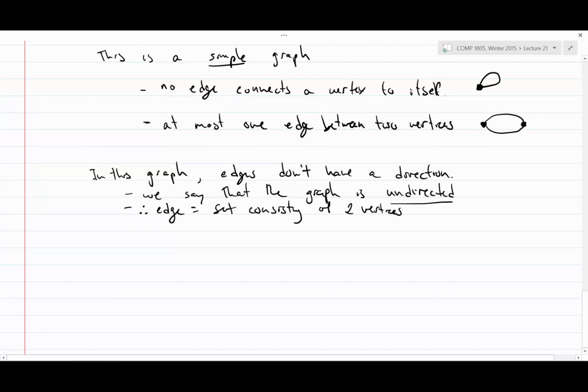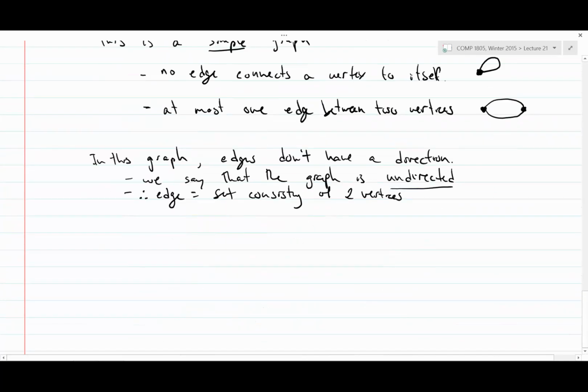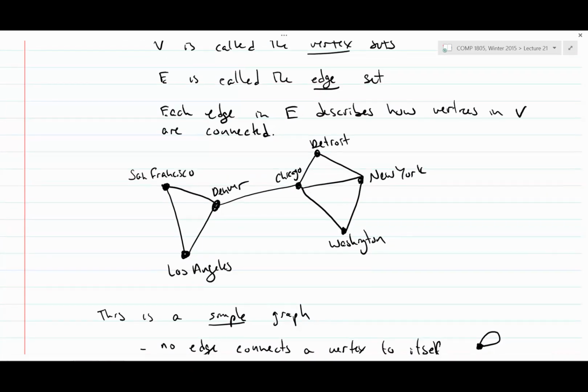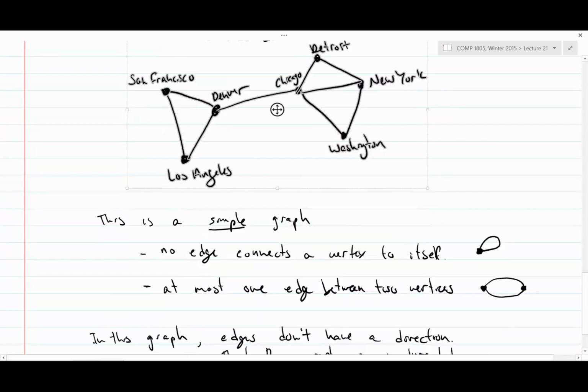All right, and those vertices are the vertices on either end of the edge. So if I wanted to be completely descriptive about this graph, I could. So if I copy this graph,